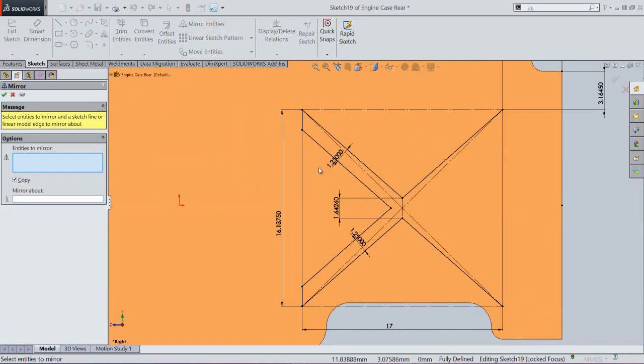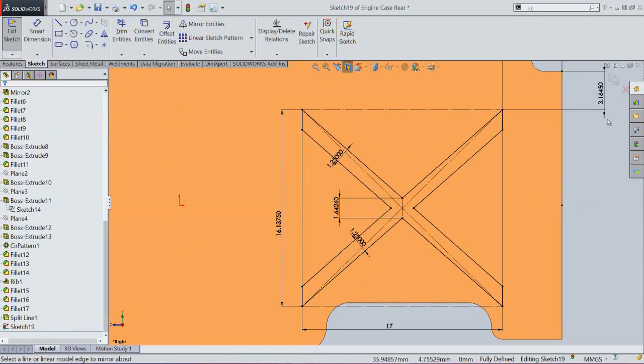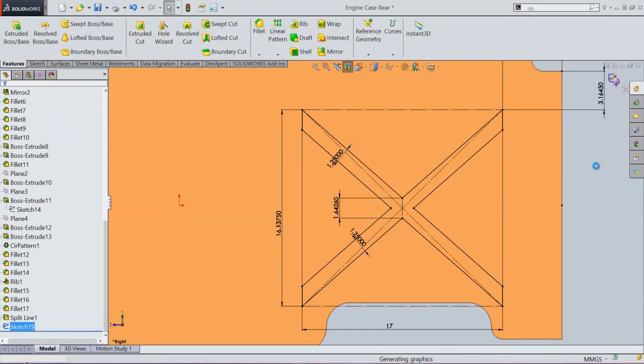Activate the mirror entities command and select these lines. Okay, in the mirror about section, select the center line, click OK. Now see, my mirror lines have been created.